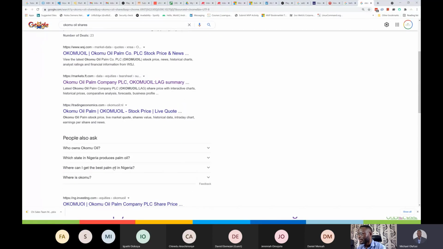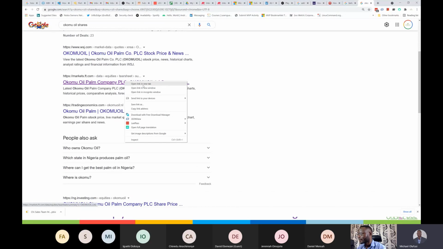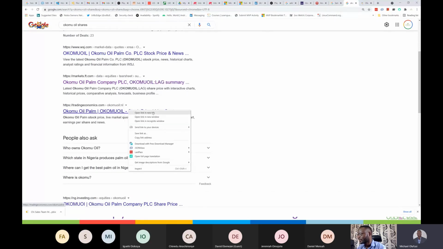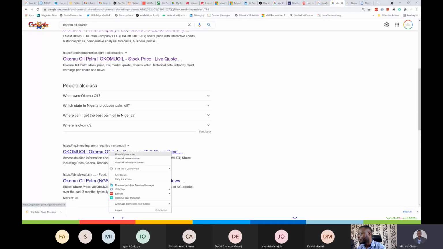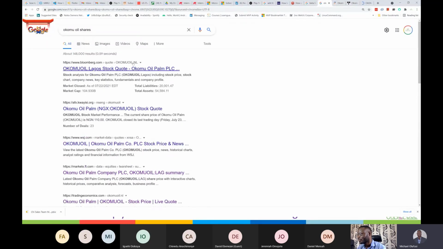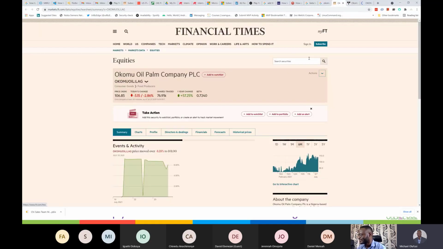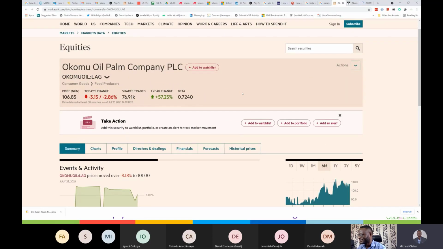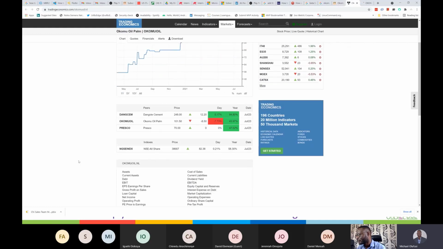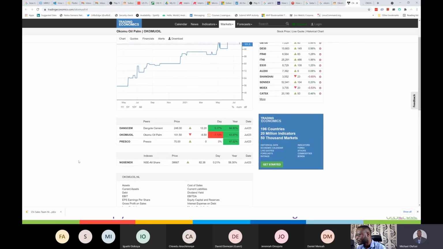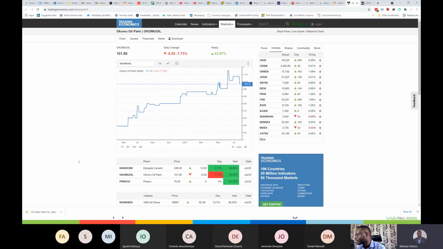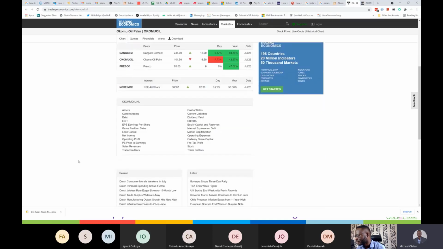So I can go online like this and click on some of the results. Except Bloomberg, they are too profit driven, so you might not see the information there. That's why I skipped it, because I usually don't see the beta there, though they used to show it. But can you see 0.724? So it's freely available information. There might be some variances on different platforms because of the way it's calculated, but it will always be very similar. This is Trading Economics.